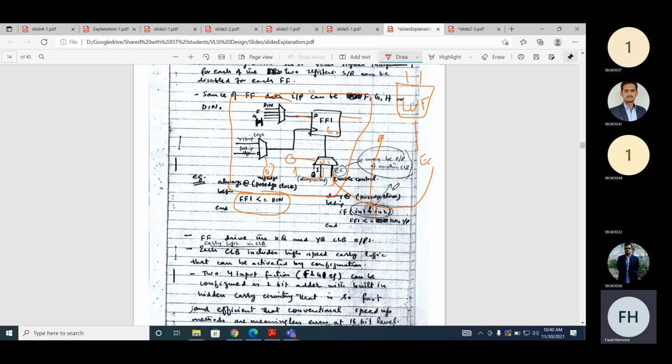So EC will be 1. The flip-flop will always track the input. In the second case, the flip-flop will be enabled and it depends on the signals IN1 and IN2. So in the left hand case, EC is 1, always enabled, and on the select line of the multiplexer, 0 will be stored.